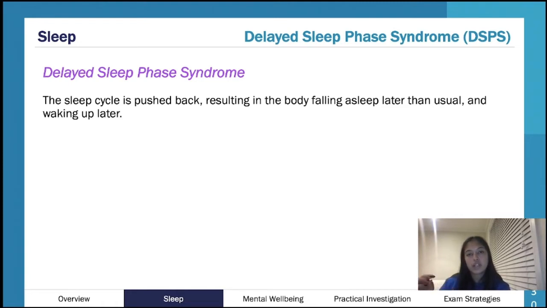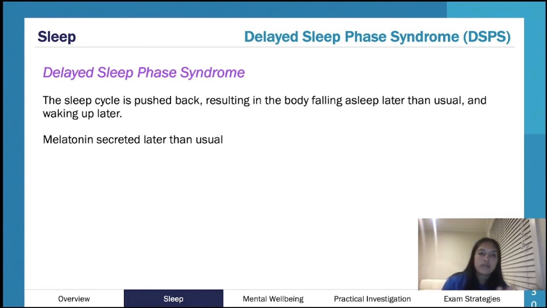So this is a common thing that can happen sometimes in adolescence. Adolescents basically go to sleep a little bit later than everybody else because their melatonin is secreted a little bit later, just naturally, which is why adolescents can feel really sleep deprived when they have to wake up early for school, and why they tend to go to bed later, because they simply don't feel tired earlier on in the night.